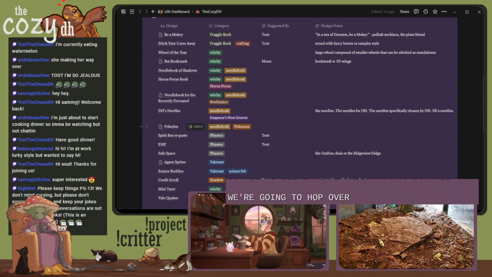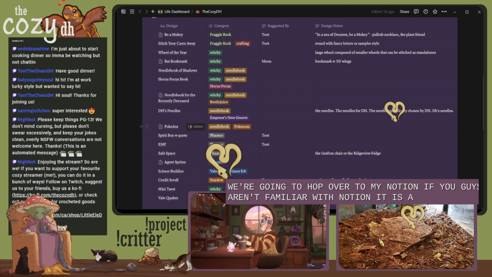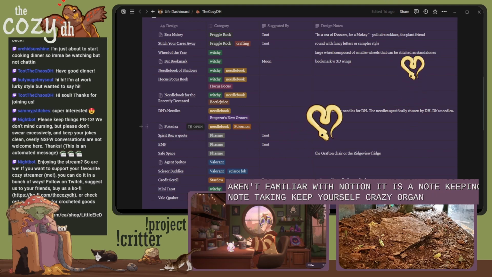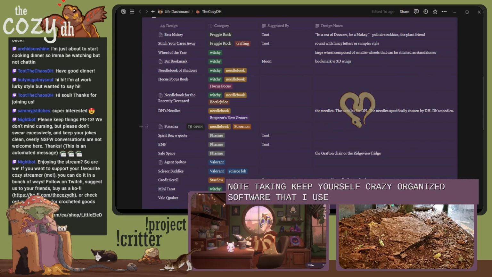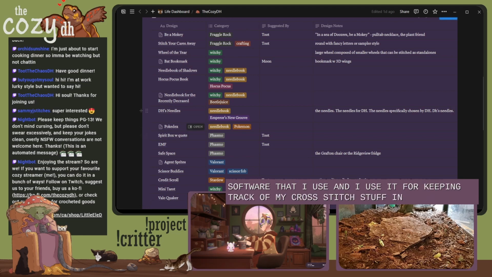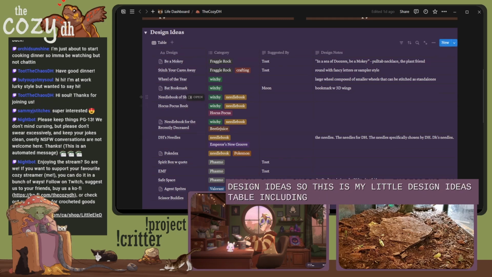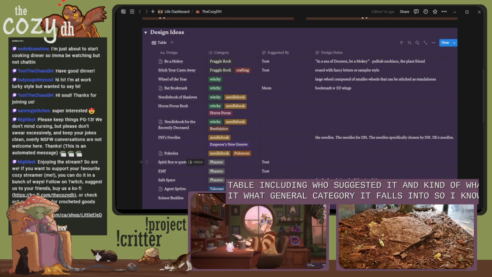We're going to hop over to my Notion. If you guys aren't familiar with Notion, it is a note-taking, keep yourself crazy organized software that I use. And I use it for keeping track of my cross-stitch stuff, including my design ideas. So this is my little design ideas table, including who suggested it and what general category it falls into. So I know if I'm feeling like working on something specific, if I have any design notes,